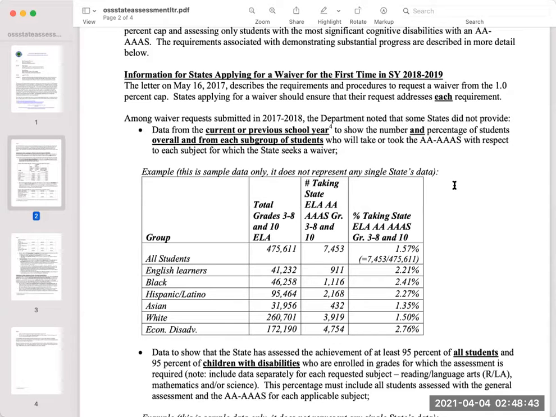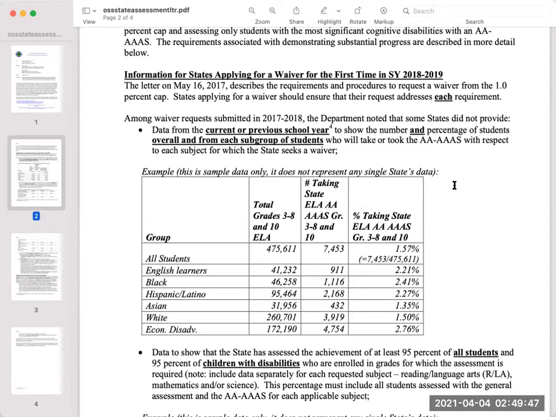In addition, any state that was approved for a waiver of this requirement in SY 2017-2018 and that needs to extend the waiver http://www.ed.gov/documents/essa-act-of-1965.pdf https://www.ed.gov/admins/lead/account/SAA/1% cap memo 51617.pdf https://www.ed.gov/admins/lead/account/stateplan17/waivers/index.html 400 Maryland Avenue, SW, Washington, District of Columbia 20202, www.ed.gov. The Department of Education's mission is to promote student achievement and preparation for global competitiveness by fostering educational excellence